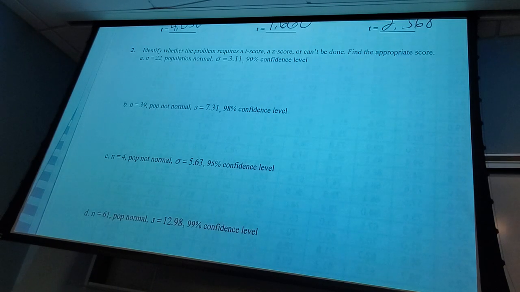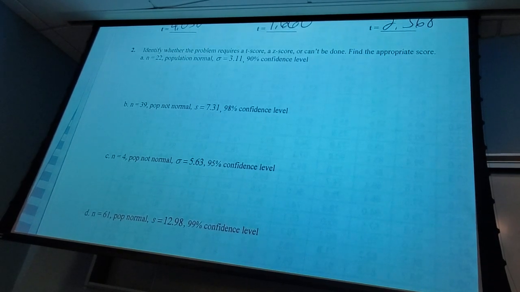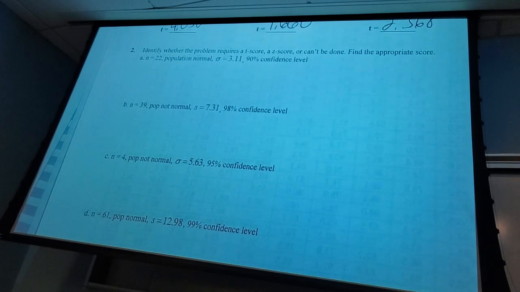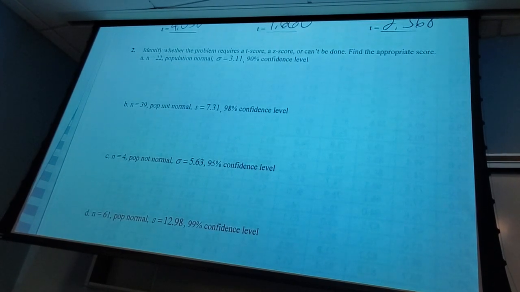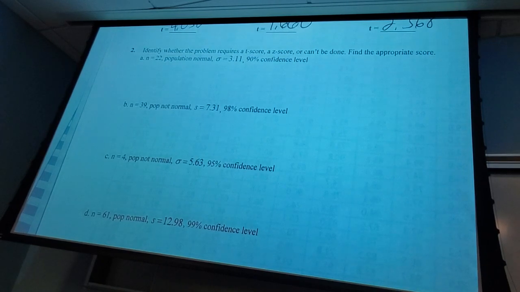In order to use Z or T, I need a normal distribution. How do I tell which one to use? Which standard deviation do I know? I have way too many people who will tell me, well, we know the standard deviation, so then we can use z-scores. That makes no sense. Which standard deviation, right? Is it a population one or a sample one? If I only know the sample standard deviation, what do I have to use? T-scores. If I know the population